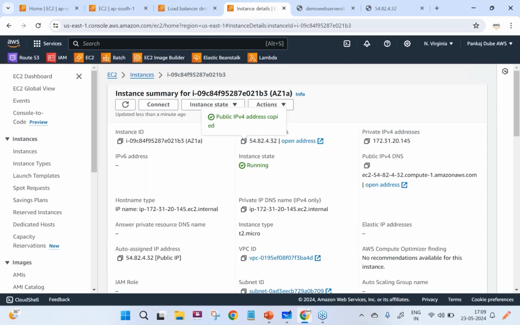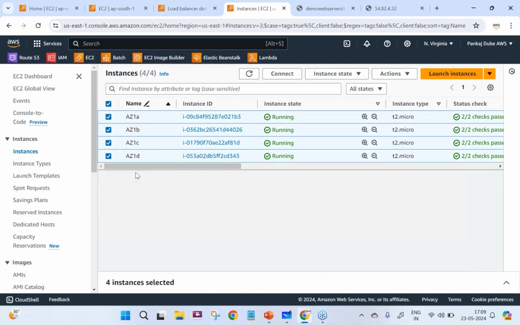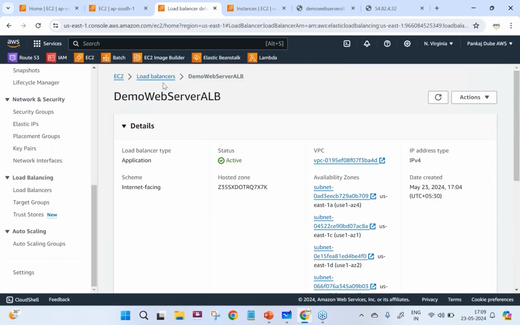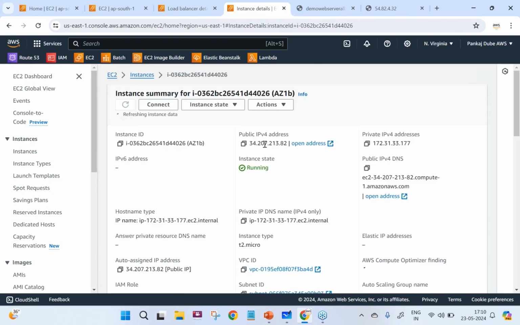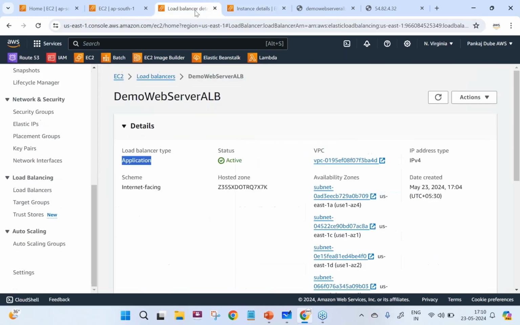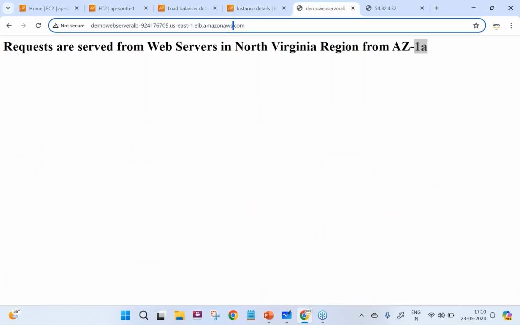So likewise, I have 4 EC2 instances, and to route the traffic across these 4 instances, I have used the application load balancer. I do not want to use individual public IP addresses. That's the reason I have used the load balancer. So this is the DNS name of my load balancer.